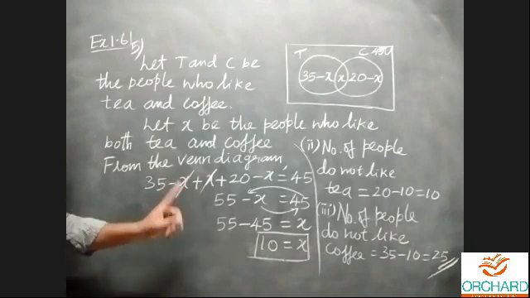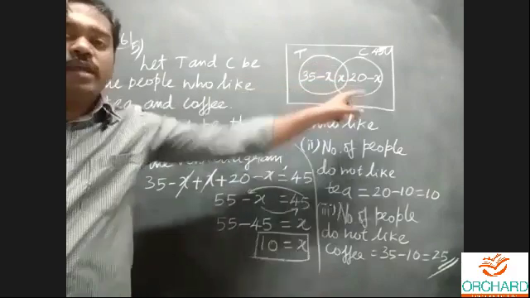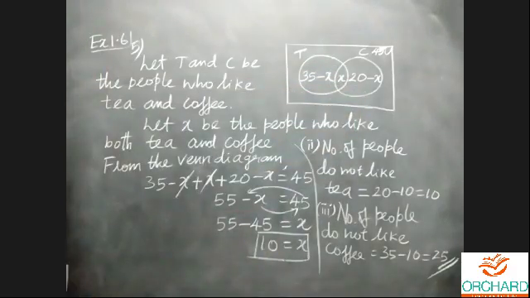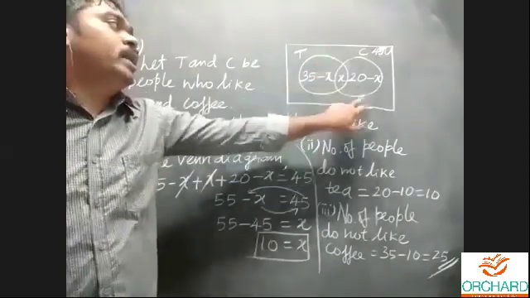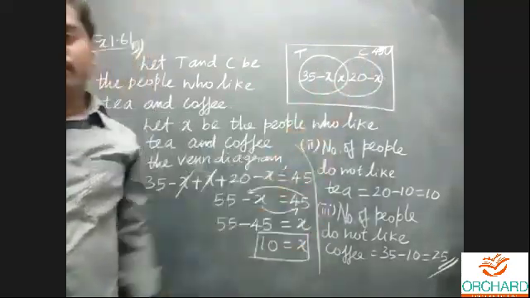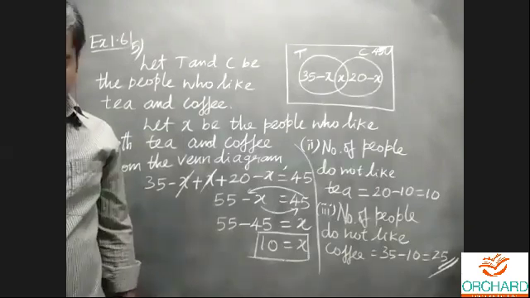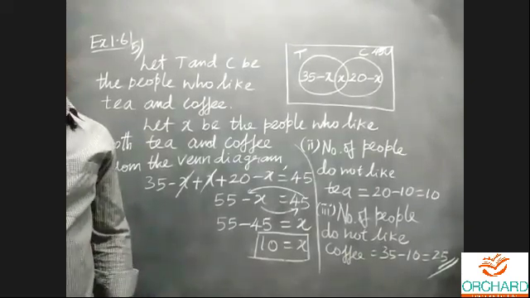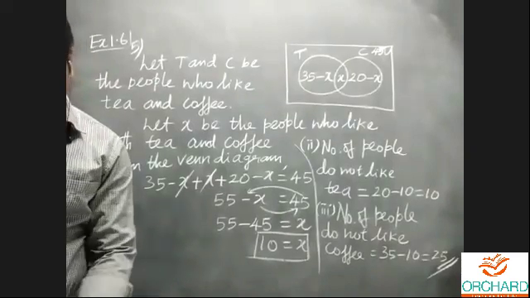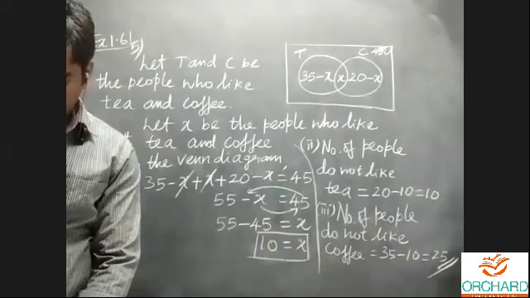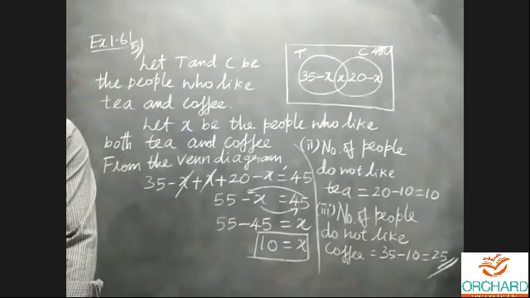This is the solution for the first subdivision, and for the second and third subdivision you'll get the answer directly from the Venn diagram. The same way, there are a few problems in the examples also. You can go through a few problems. I think example number 1.30 and 1.31. Better you go through the two examples, example number 1.30 and 1.31.